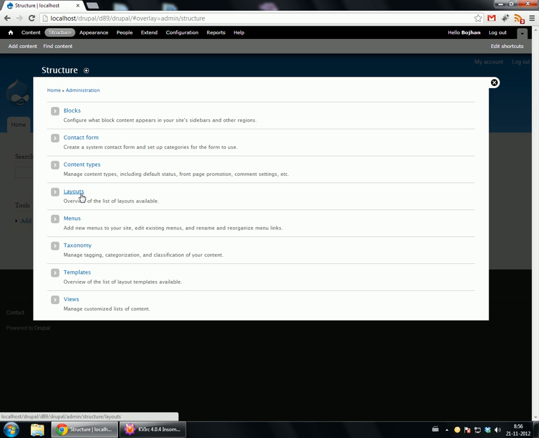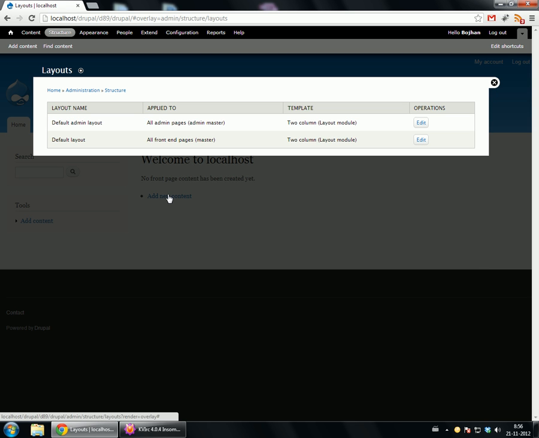And then we have layouts, and layouts are really templates filled with blocks that you can select as you're creating a page. And by default, core comes with at least these two, which is the master template for all front end facing pages, and the master layout for all admin facing pages. And this is similar to the current blocks interface, where you just set up everything for the master. So you could edit that,